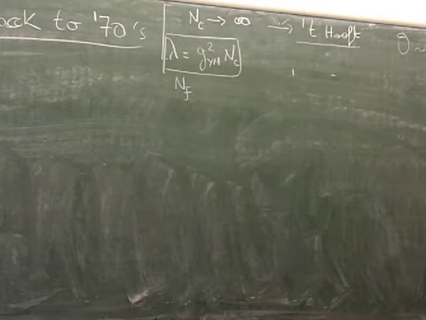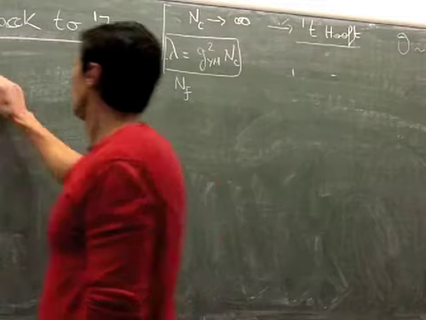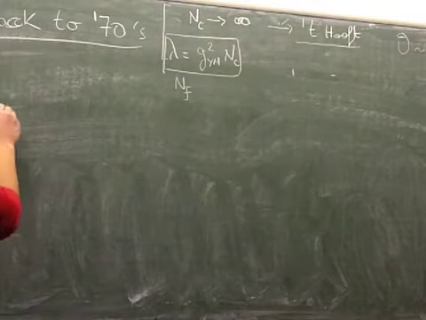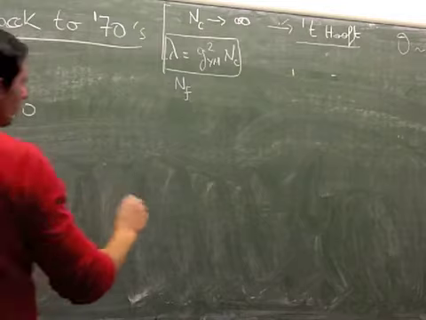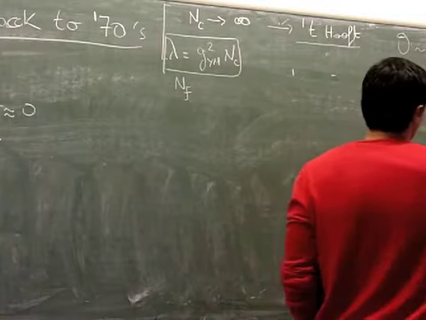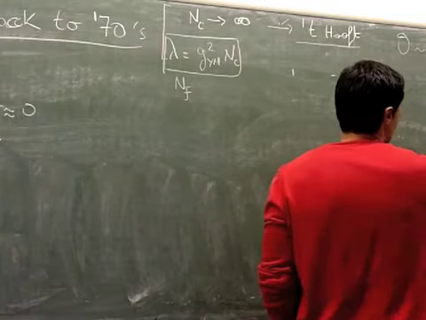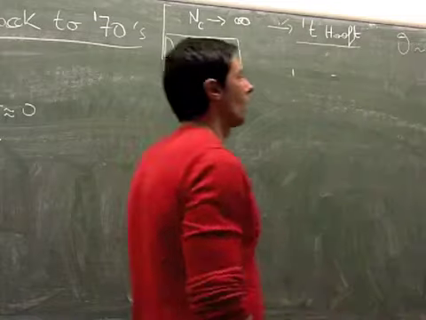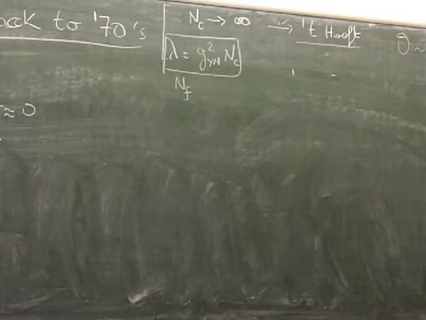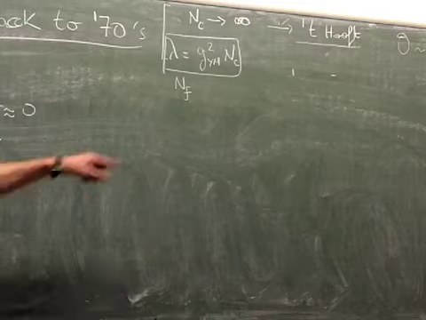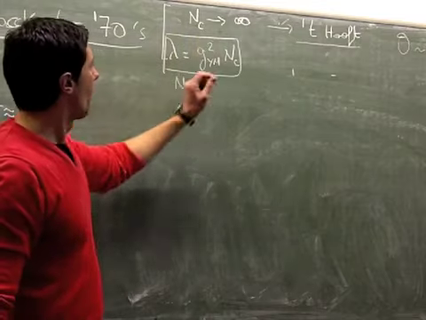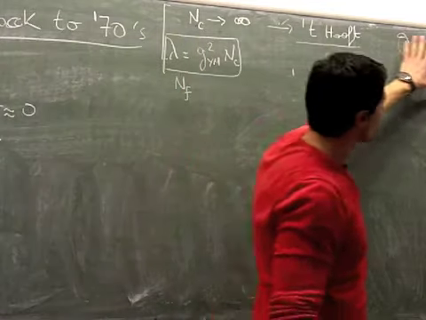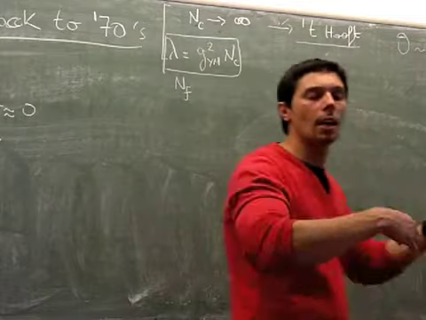Very good. Now you may say, okay, I will add flavors to this. And you may wonder, how many will I add? Well, I could add flavors in such a way that N_F over N_C is really very small, or I could add flavors in such a way that N_F and N_C are comparable. But I will always be working with N_C very large,